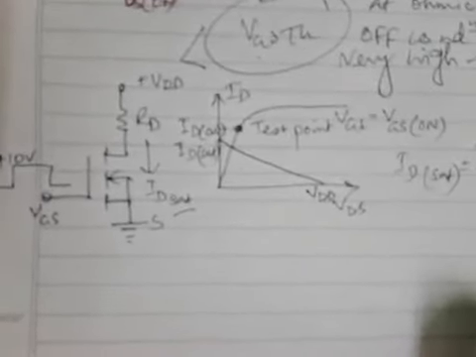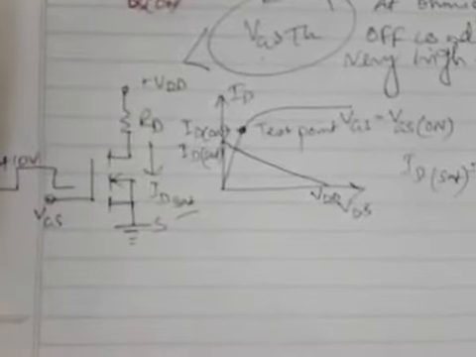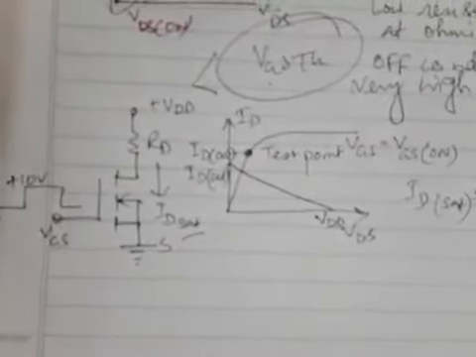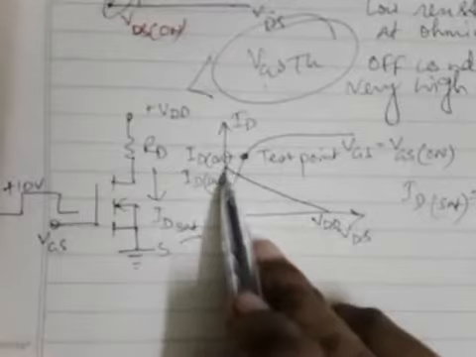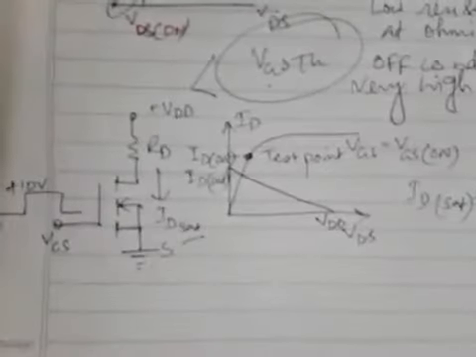VDD is the drain to source biasing voltage, or the drain cutoff voltage, whatever we can call it. Using this circuit and this equation, we can plot a DC load line for this MOSFET while it is working as a switch. So we can see from this characteristic curve, for a plot between VDS and ID, the intersection at the VDS axis is given by VDD, and the intersection at the current axis ID is given by ID sat, or the saturation value.